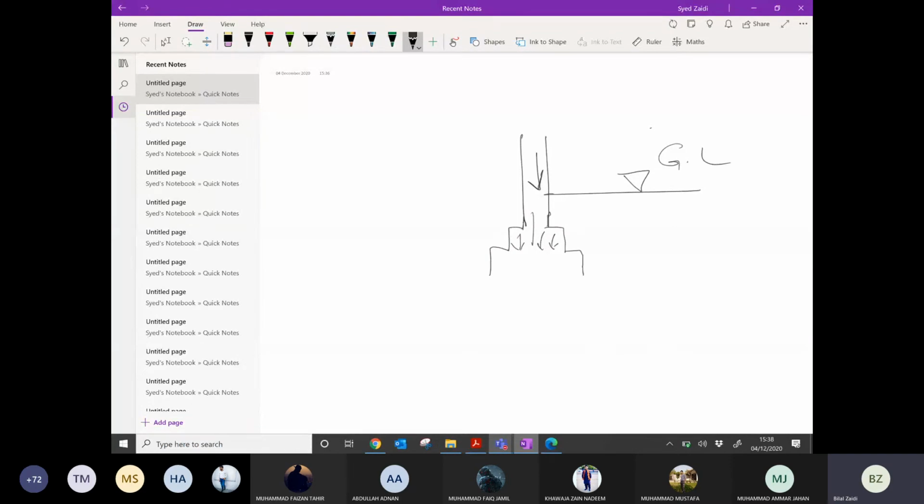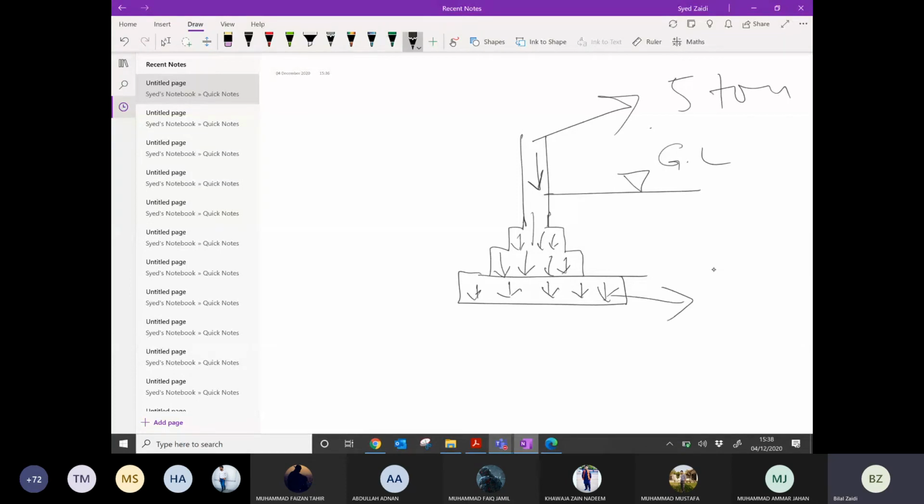Then we have increased the width further, so load is distributed further. If, for example, here we have a load of 5 tons, at the bottom here, because the load was distributed over a larger area, the load reached at the bottom will be maybe less than 1 ton.